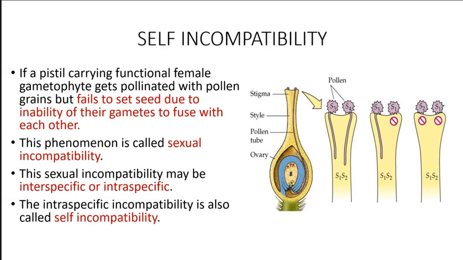Look here, the pollen grain also has some chemicals. For example, this pollen grain expresses the chemical S3 and S4, and the stigma or the style has S1 and S2. So if S3 and S4 pollen comes, and inside the female it is S1 and S2, since they do not match, there will be growth. That means the pollen tube can grow.